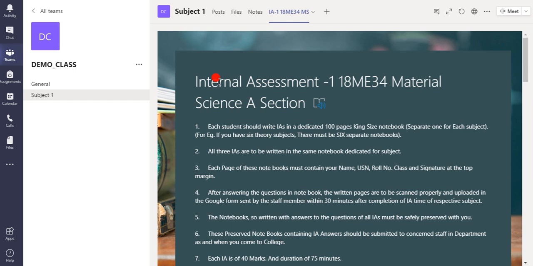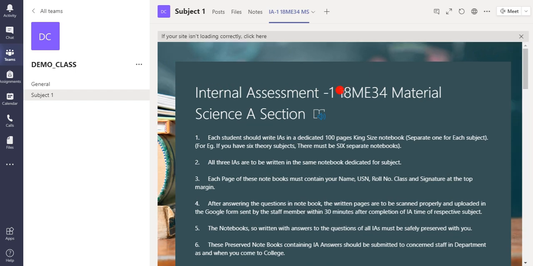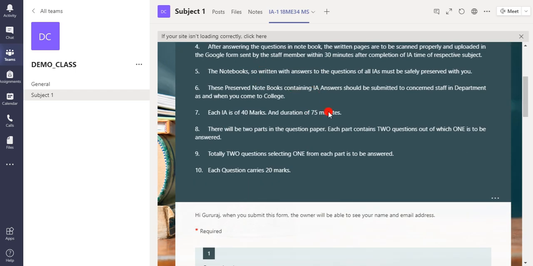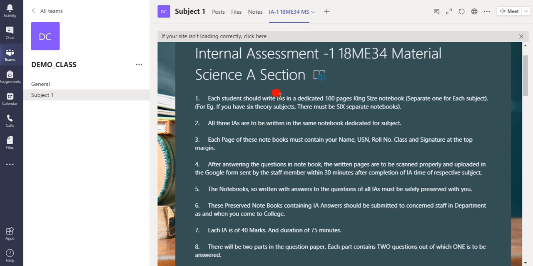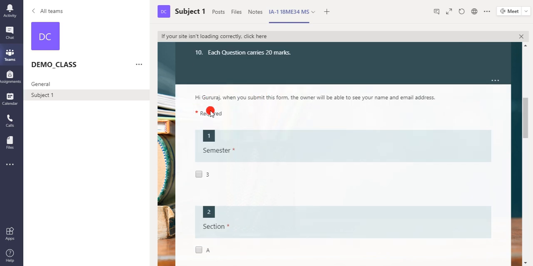As you can see here, internal assessment 1, whatever you have filled in the Microsoft Form, you can see here. It will show the name of the owner, using which account you have logged in. When you submit this form, the owner will be able to see your name and email ID.